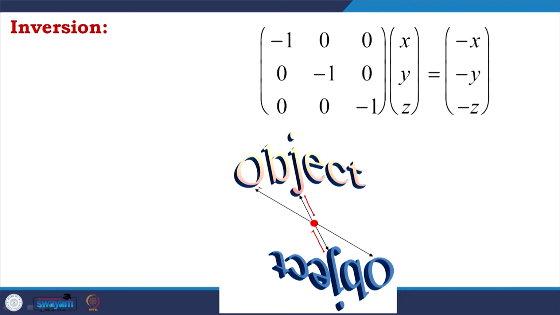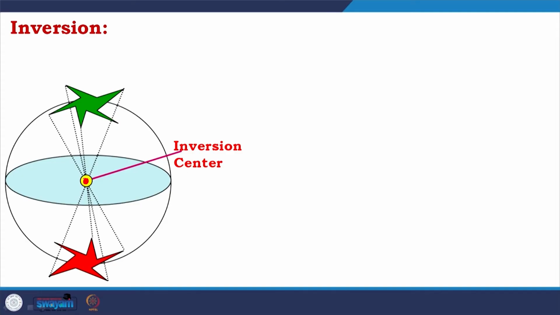Similarly, this distance and this distance would be the same. So, inversion provides a point from where everything is inverted. Here also this is talking about the same thing. We have a point here, and that point is acting as an inversion center. All the distances are